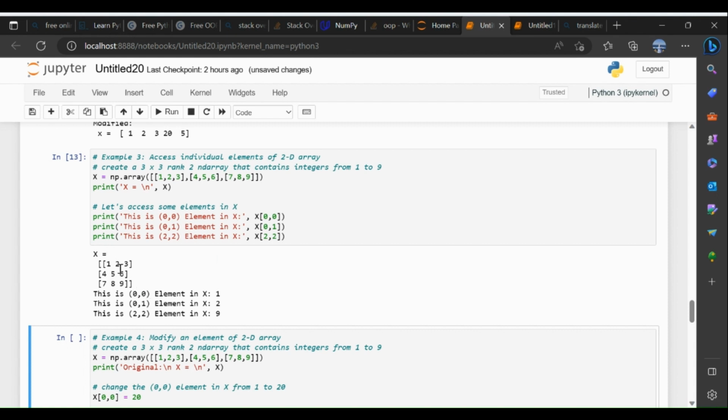0, 1 gives 2. 0 is for the first row, second column. 2, 2 means, sorry, third row, third column, because as we said 0, 1, 2, so it's the third row, 0, 1, 2, third column. Okay,